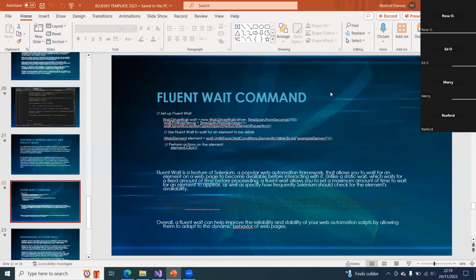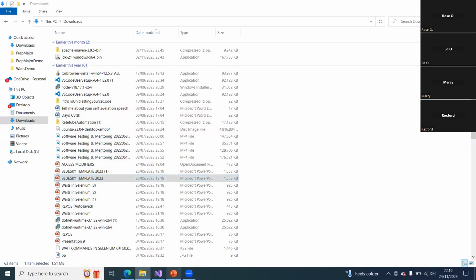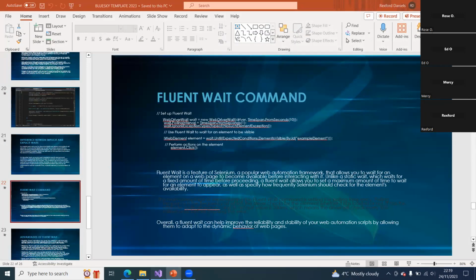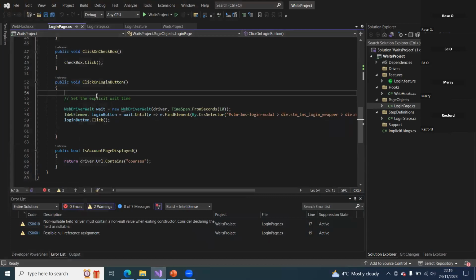Yeah, I think that is it with the theory. So I don't know if anyone has got any question, but I have a sample framework here where I use the explicit wait, but I don't